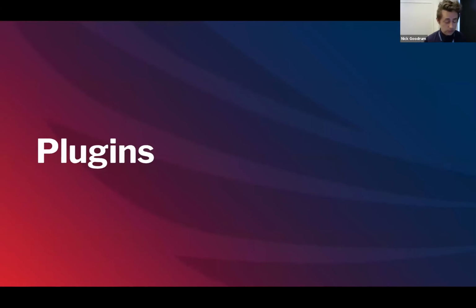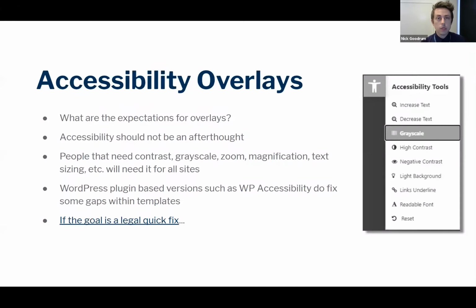So I'll mention plugins. Okay, this is probably a better state, right? So if we've got page builders creating front-end code that's having issues, maybe there's some one magic button that fixes everything. And so really, I see people submitting and people talking about it. Accessibility overlays. This has kind of become a popular thing more recently.